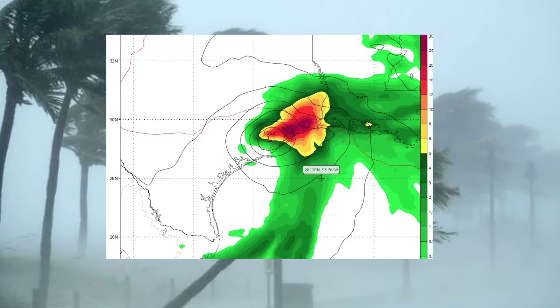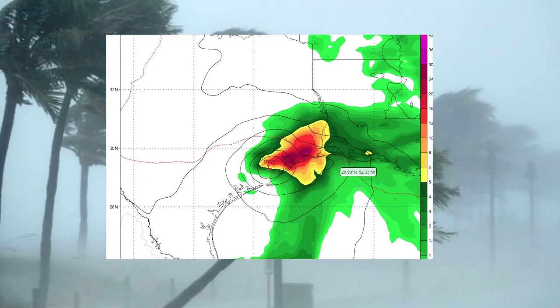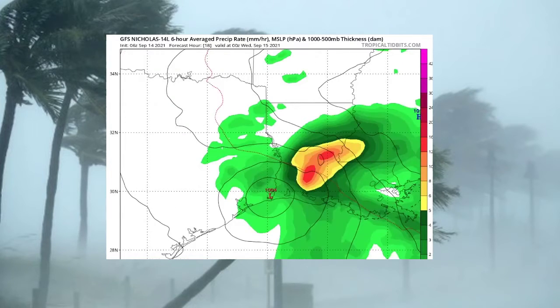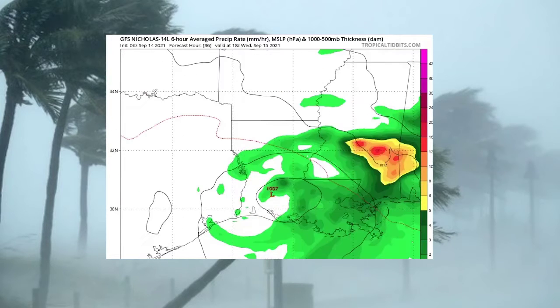Very similar characteristics. Very organized system. Very organized center of circulation here. We can see the eye beginning to form here. If we fast forward now, we see that it does become a tropical storm right around here. Not quite as extreme, but if we fast forward even further, we can see that it really becomes